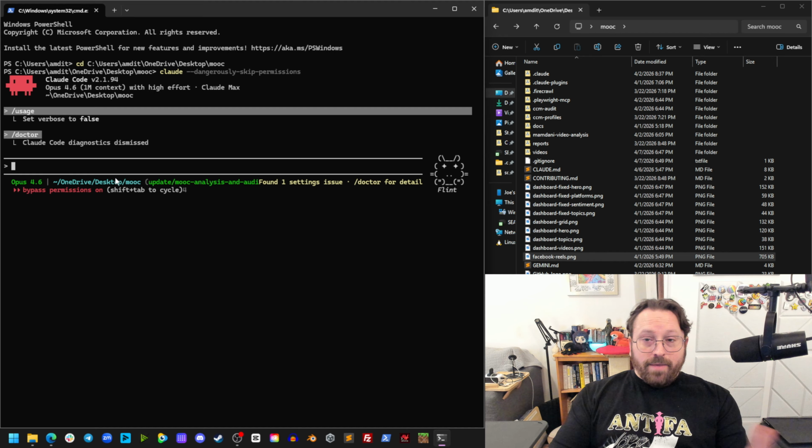This is the same challenge or problem that we have when we do things in the browser window, in the chat window, instead of in the terminal. So it kind of defeats the purpose of what we were trying to do with this whole course. So right away, properly, we've got a hybrid setup here.